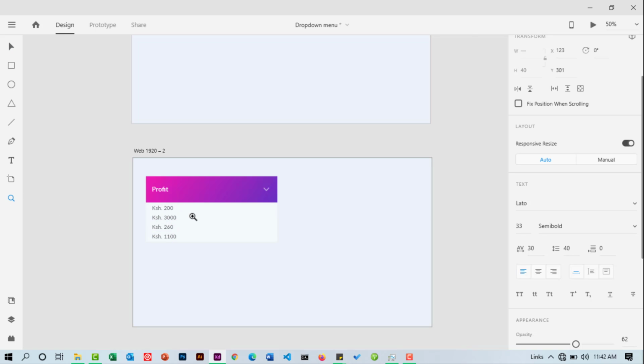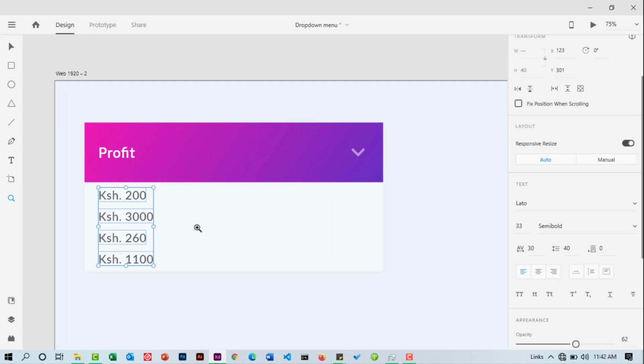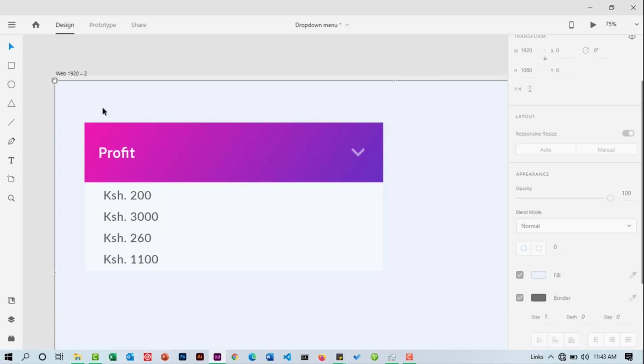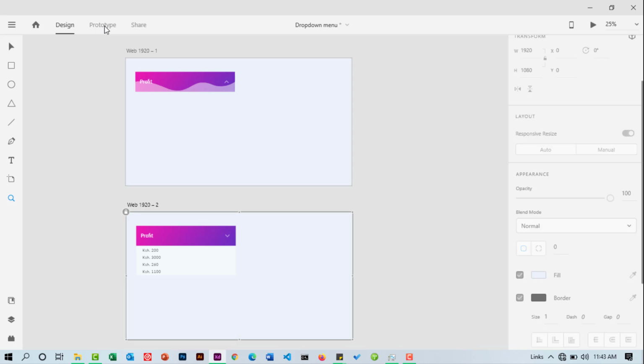So let me zoom in a little bit here. So we want to move this to the right a little bit. Yeah, maybe somewhere there. Yeah, that looks good. And now we can head on to the prototype. So head on to the prototype